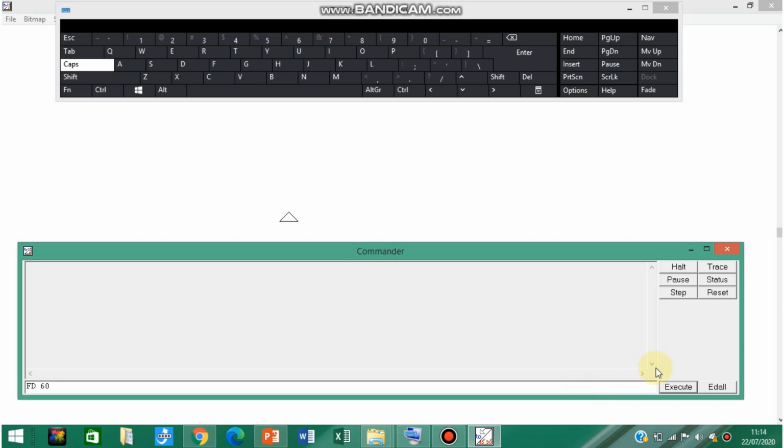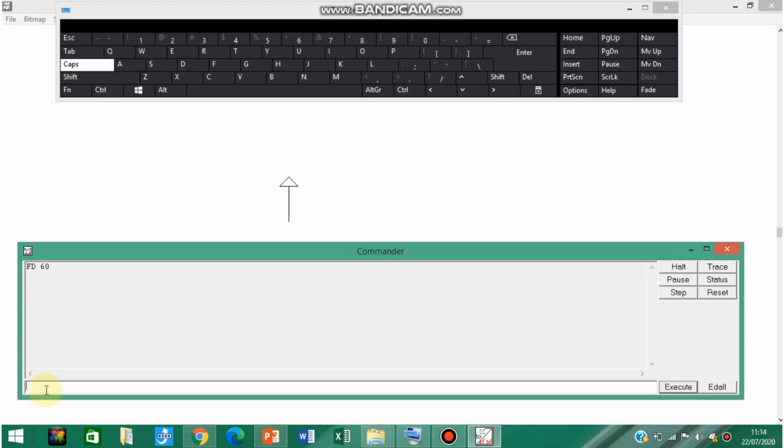You can mention whatever number of steps you want according to your requirement. Then click on the execute button beside this box, and you will see that your turtle has moved forward by 60 steps. And the command that you executed has been printed here, that is FD 60.